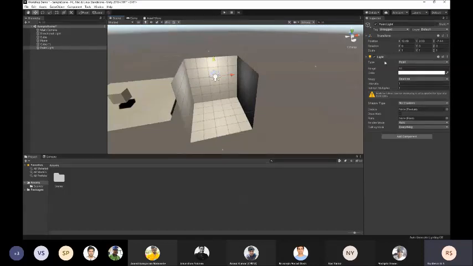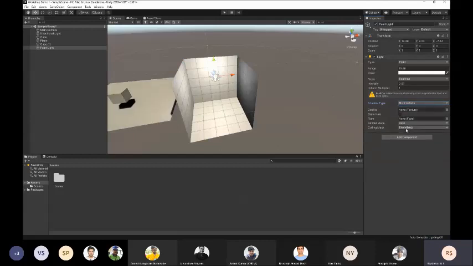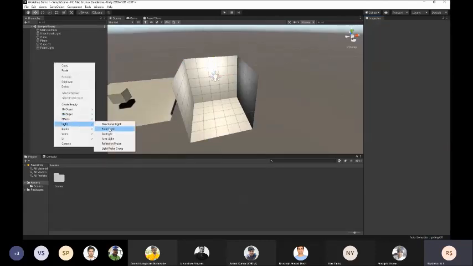In the properties of the light in the inspector window, you can change the range, how far you want it to affect, and you can change the intensity of the light. I think this is good for me. And you can also change if you want that light to render shadows. Right now it's no shadows, but if you want it to render shadows, you can do that as well. Now there are other types of light.